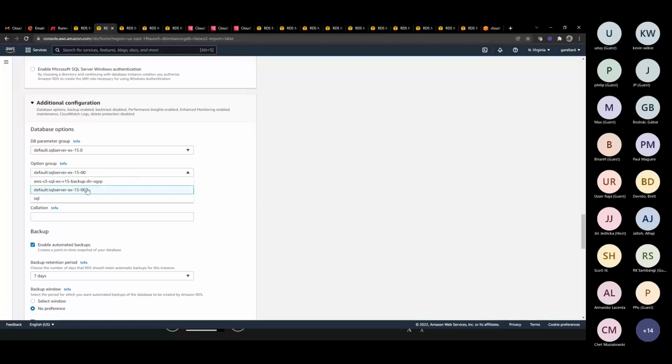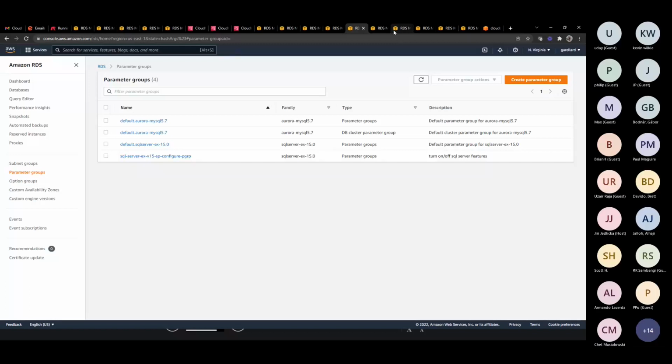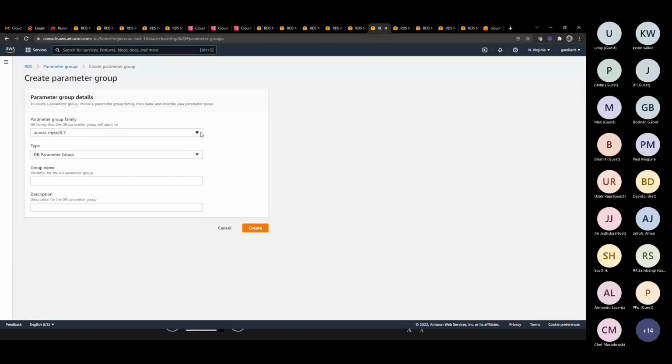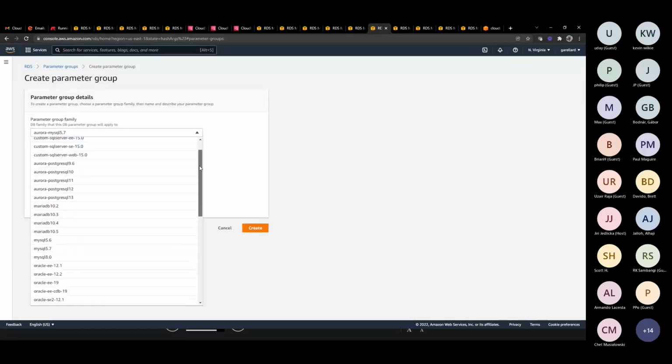The options group is the one that will allow me to back up to SQL Server, use SSIS, use reporting services. The options group, if you're looking at here, if you want to create the parameter group, sorry about that. Once you click here, it will give you this one. You will need, for example, to provide